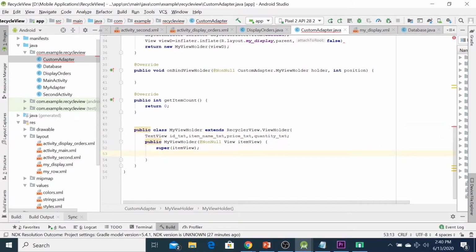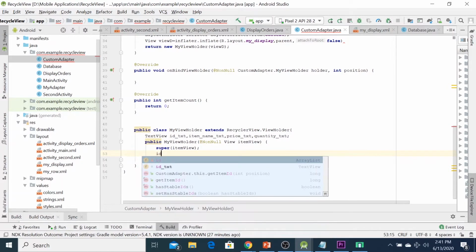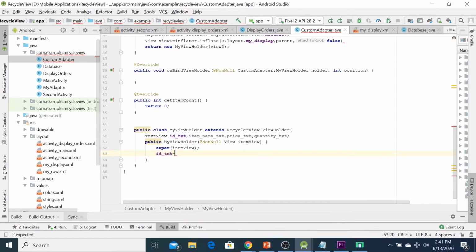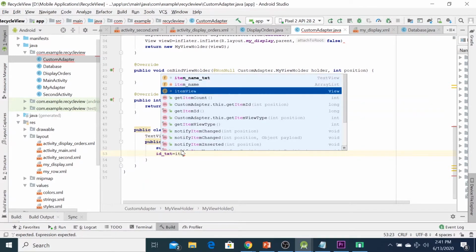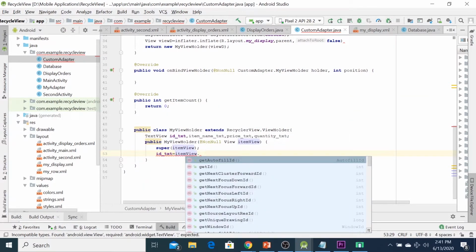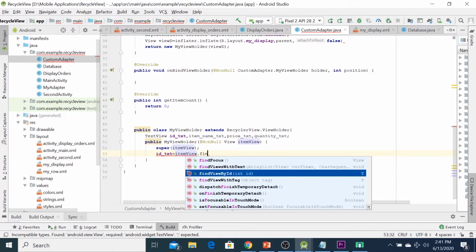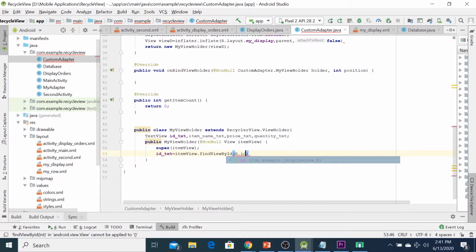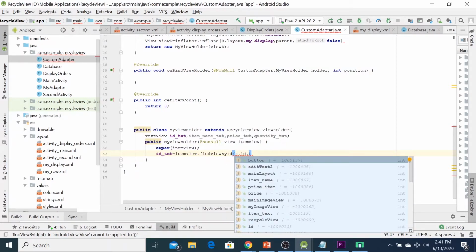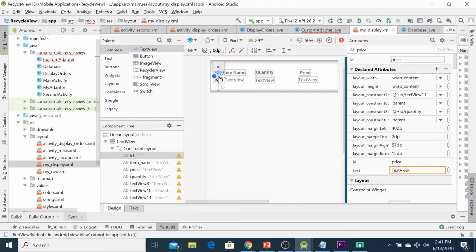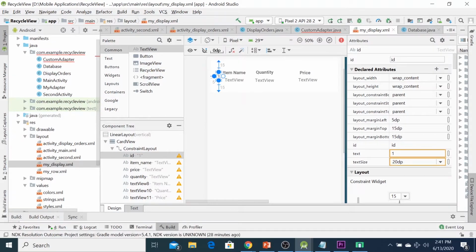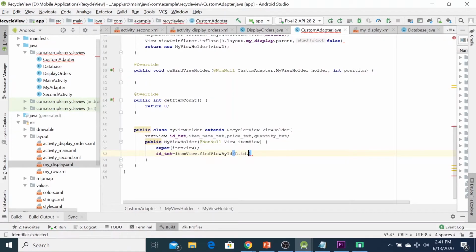Inside the MyViewHolder, you can type id_txt equal to itemView.findViewById(R.id. and here is the id. Let me check again. Okay, so here I typed id, so you can type id like this, semicolon.